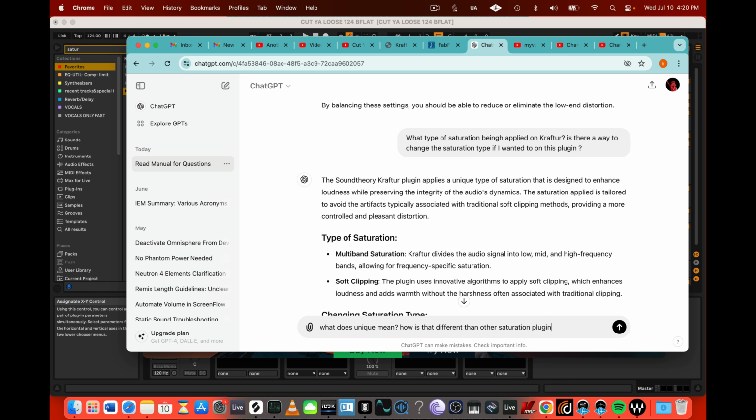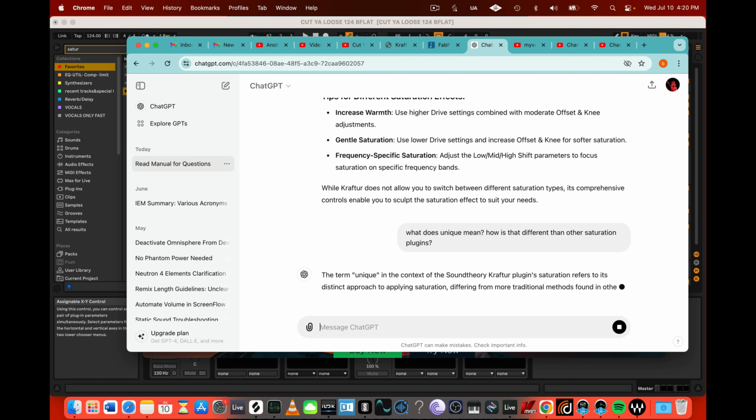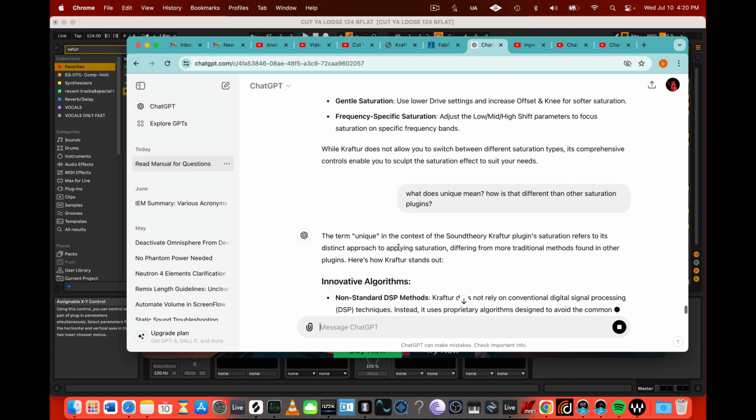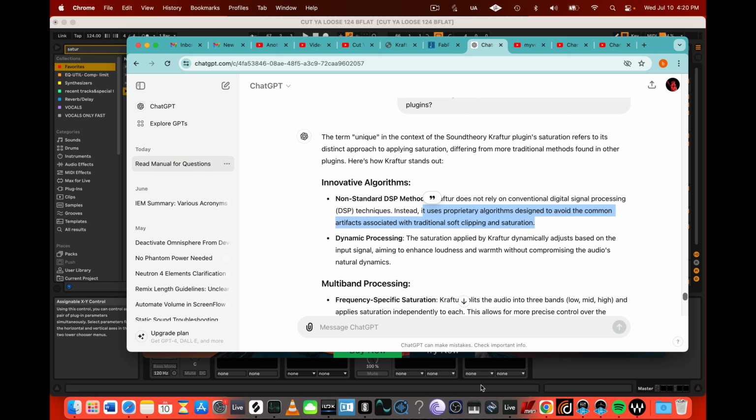Let's see, guys. It refers to distinct approach applying saturation different from more traditional methods. Okay, non-standard methods. Does not rely on conventional digital signal processing techniques. Instead, it uses primary algorithm designed to avoid the common artifacts. But I'm getting so much artifacts. What are you talking about? I am actually hearing really ridiculous